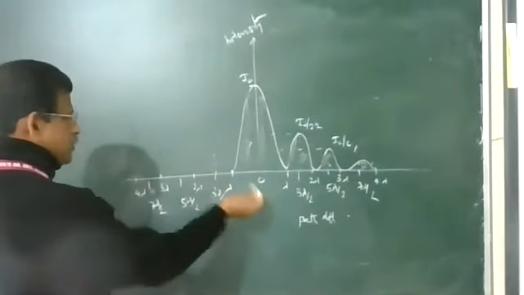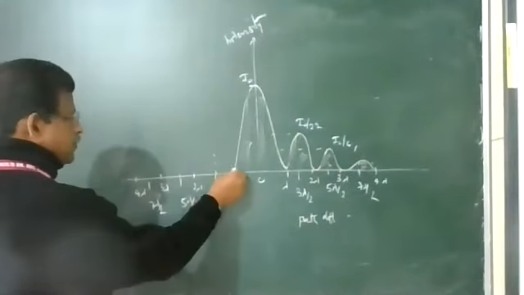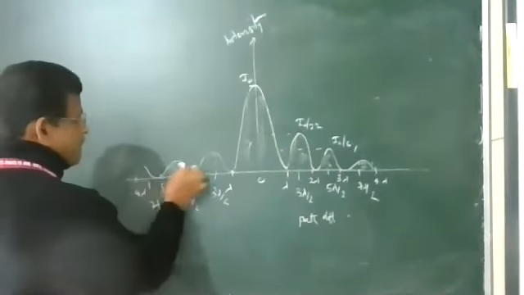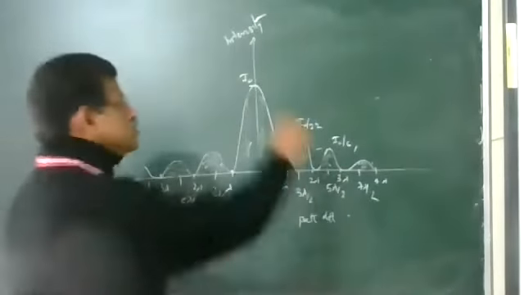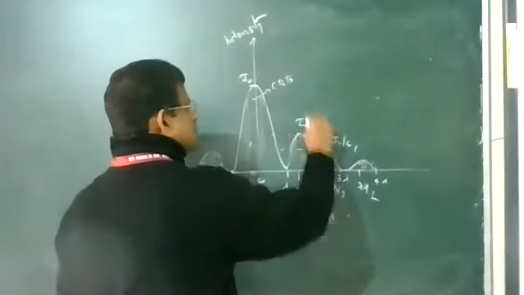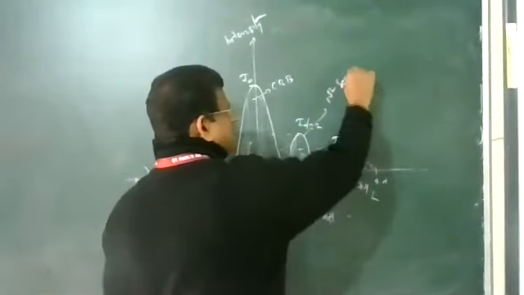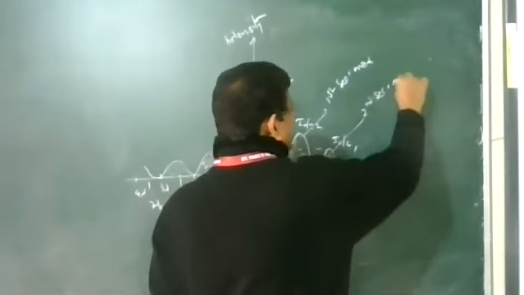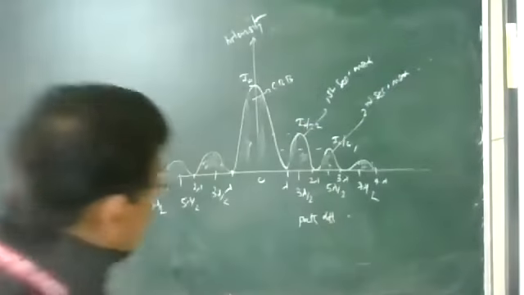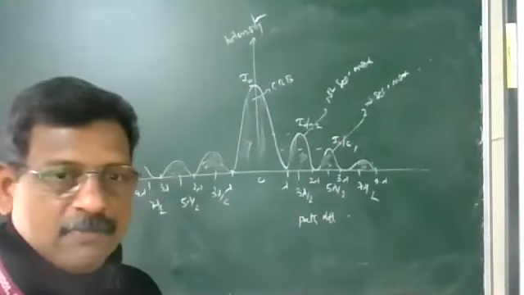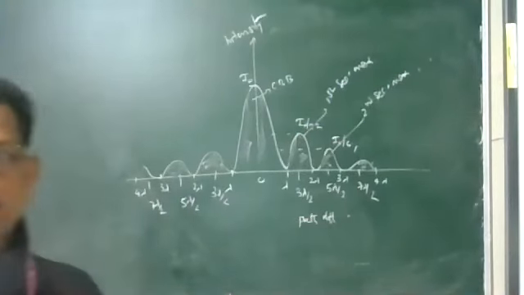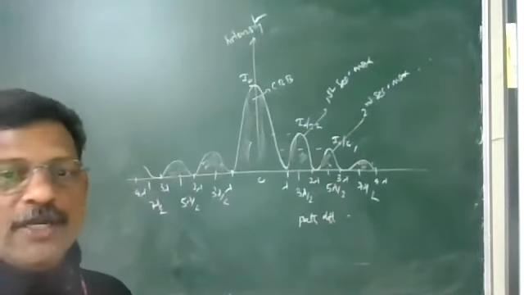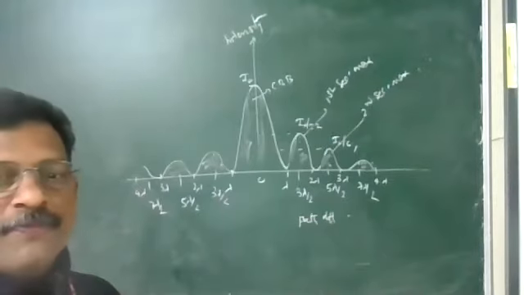So here also, the same thing happens on either side of the central maxima. We will be getting this variation. This we call the central bright band. This is called the first secondary maximum, and this we call the second secondary maximum. So that is the diffraction pattern you get on the screen. You can see that the intensities are not the same. The intensity of the bright bands is decreasing. It's a very important point.